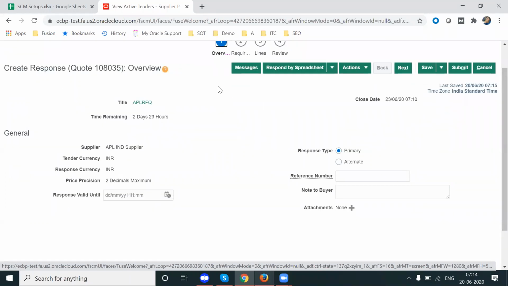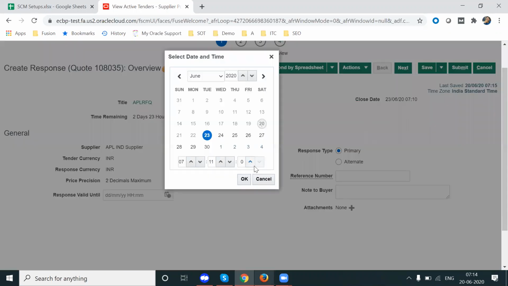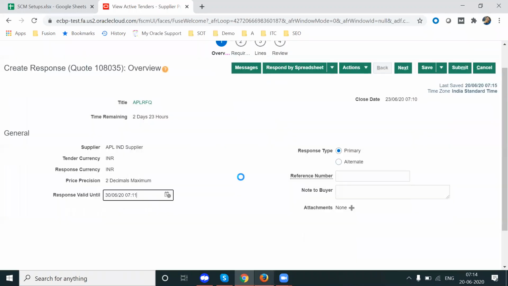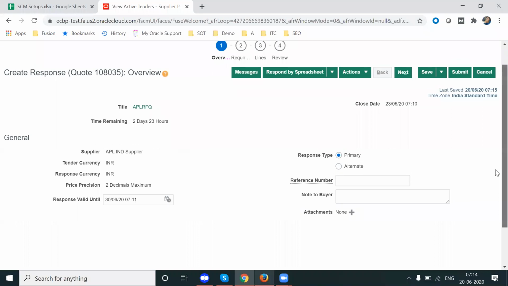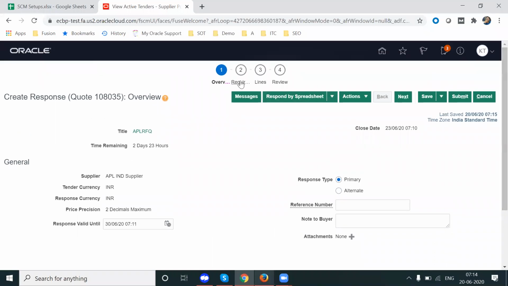Now we are in the first tab, the overview tab. Our response is valid till month end. They can take the decision. And if you come to the second tab, that is